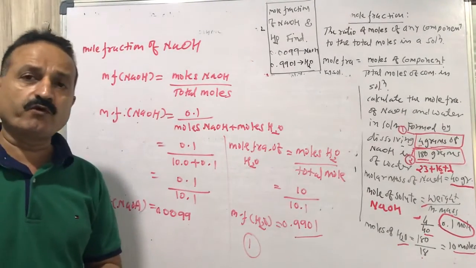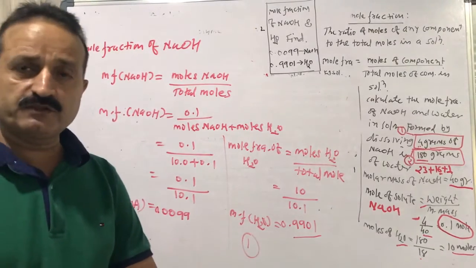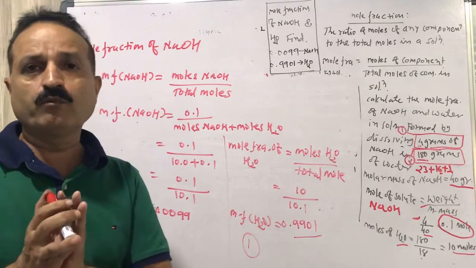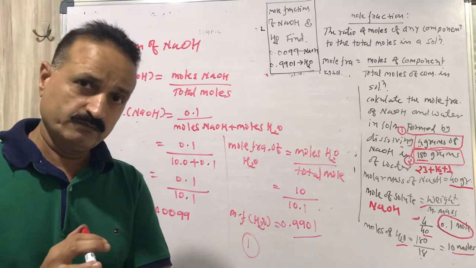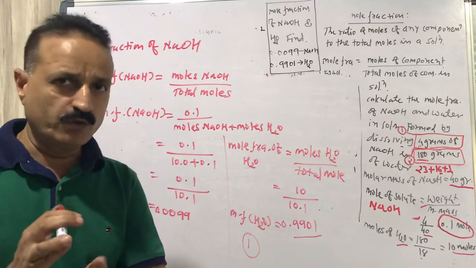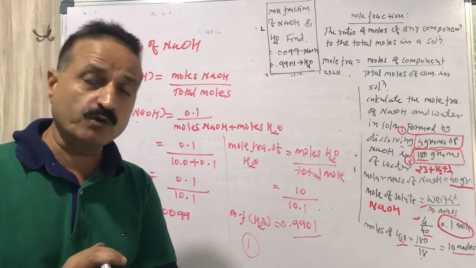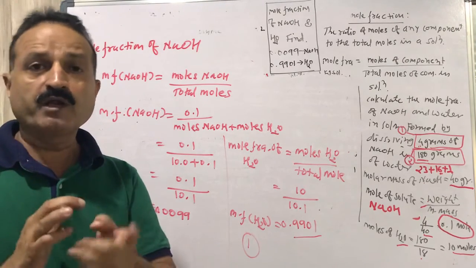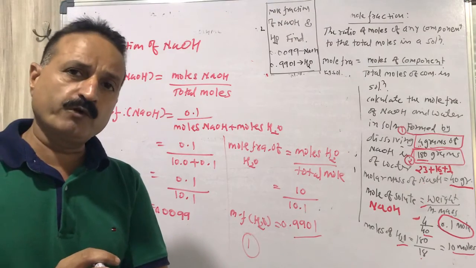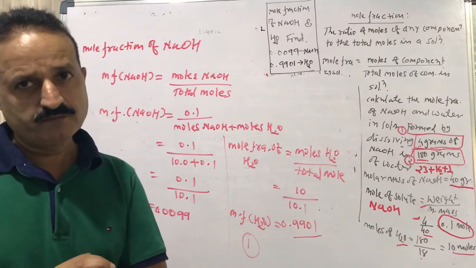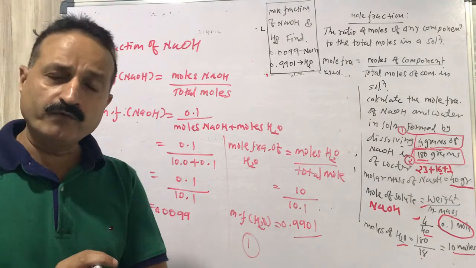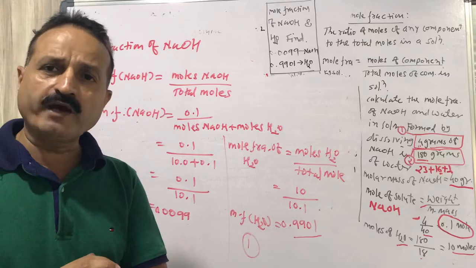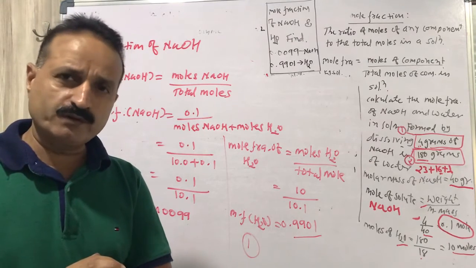This is the formula to find out the mole fraction. To find out the mole fraction, you must find out the moles of given two components. First you find out the moles of component. How can we find the moles of component? You are given the weight of component and you are given the formula. With the help of formula you will find out the molecular mass. Moles equal to weight of component upon molecular mass of component. You just divide it, you will find out the moles of component.